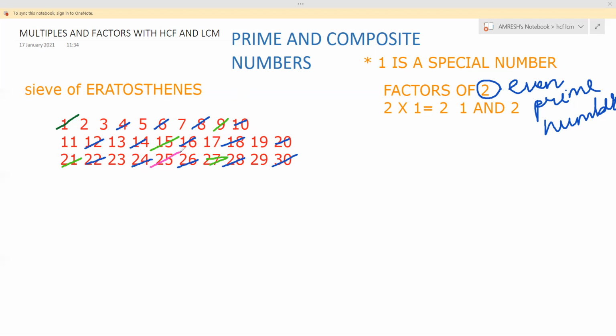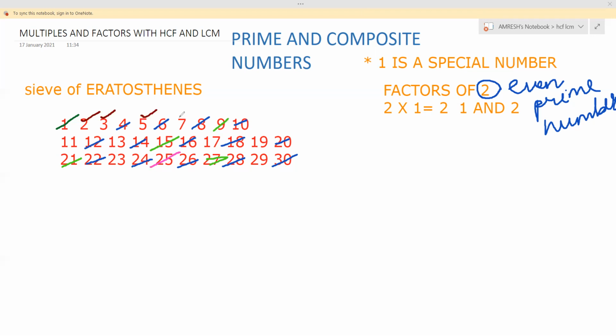Now cross out all the multiples of 7. 7, don't cross out. 14 already crossed out. 21 already crossed out. 28 also, no need to cross out multiples of 7. Still, I am telling you, so that it is increased up to 40, you can cross out multiples of 7. So this much. Now, these all are your prime numbers.